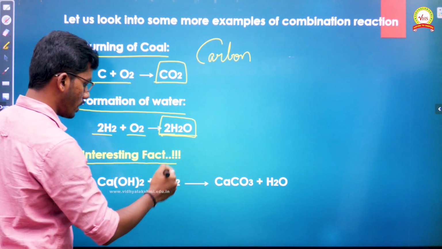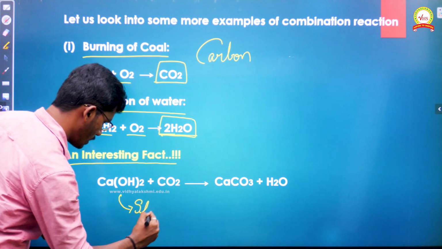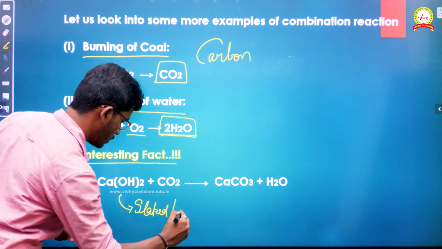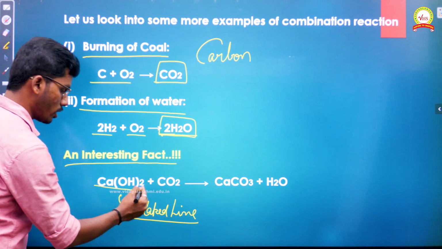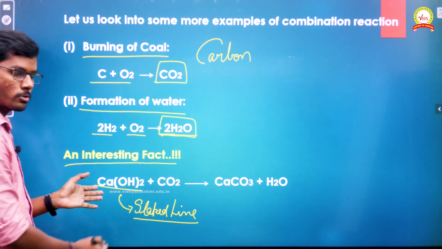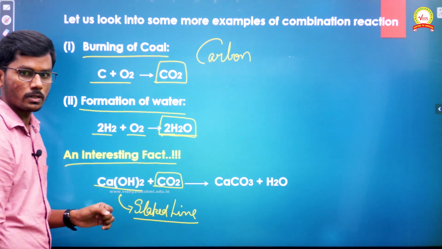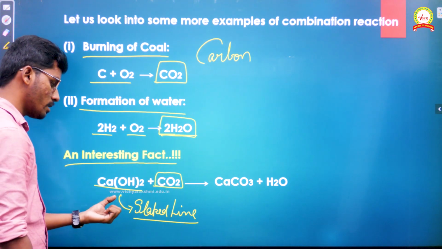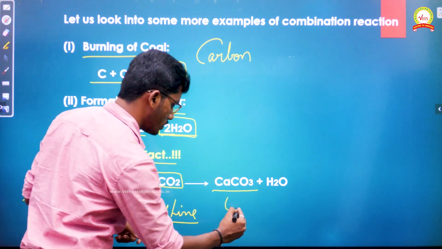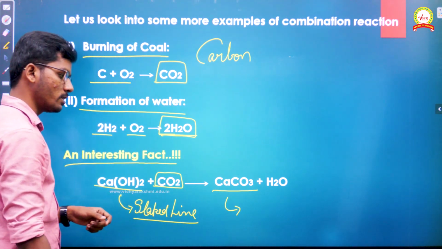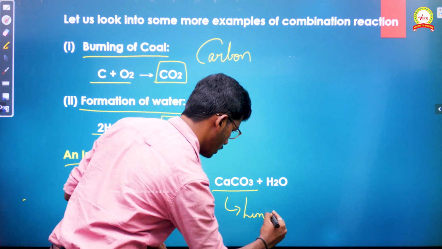And then there is one more interesting fact regarding this calcium hydroxide. Just now we discussed calcium hydroxide, we call it slaked lime, right? So this slaked lime is used for applying whitewash to the walls. You would have known already. So when this is applied to the walls, this calcium hydroxide compound reacts with carbon dioxide which is present in the atmosphere. So calcium hydroxide, that is so-called slaked lime, reacts with carbon dioxide. It tends to form a new compound called calcium carbonate. CaCO3 is nothing but calcium carbonate, and the name given to calcium carbonate is limestone.